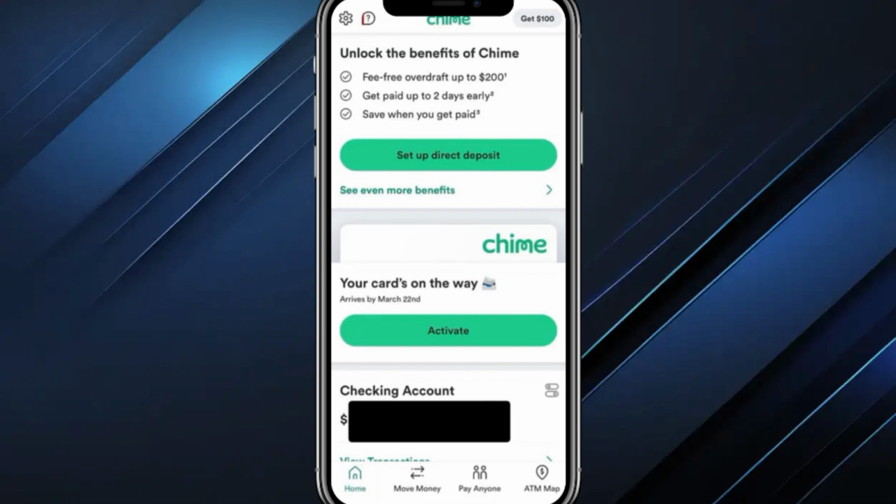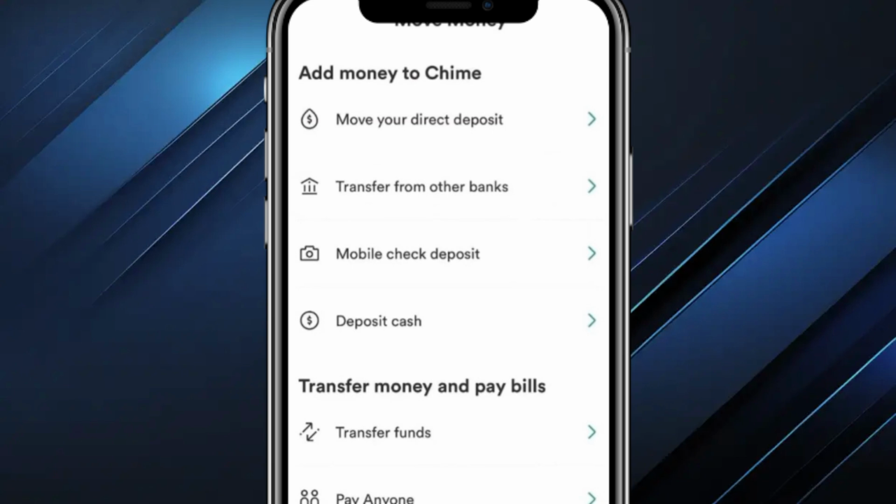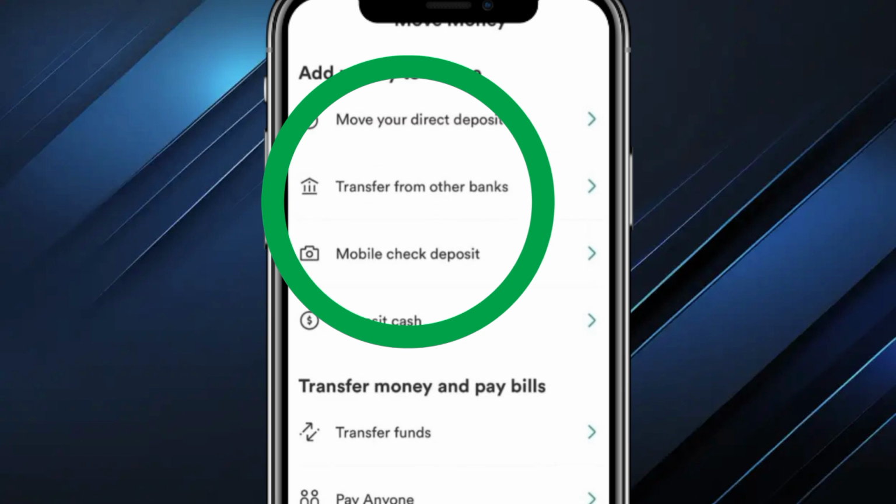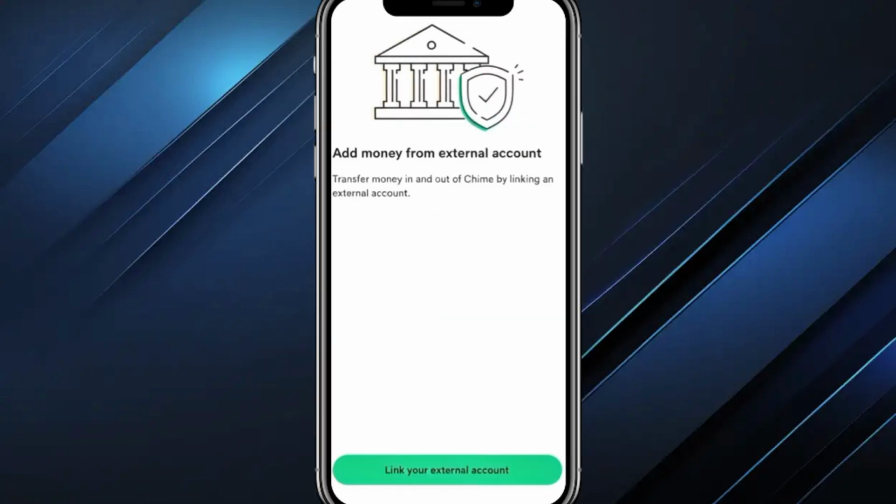To proceed with linking your accounts, look for the option labeled Move Money. This is where you'll initiate the process of transferring funds between different banks. After tapping on Move Money, you'll want to select Transfer from Other Banks. This option allows you to connect and manage transfers from external accounts, which is exactly what we need to do